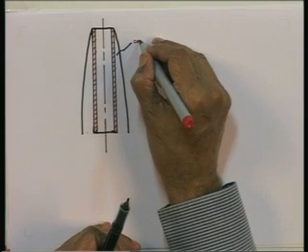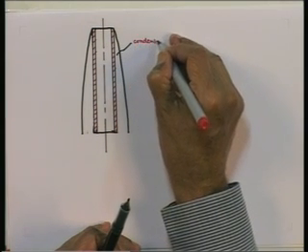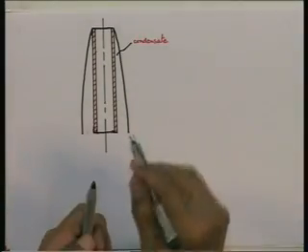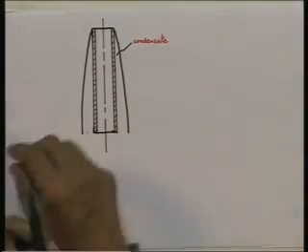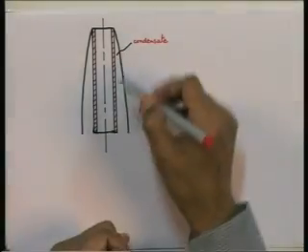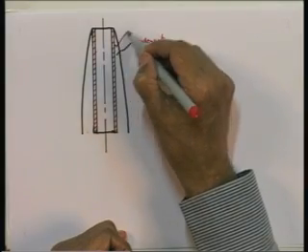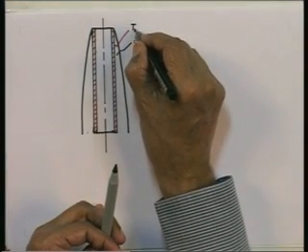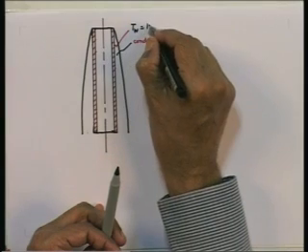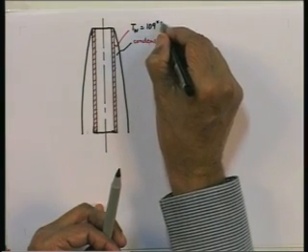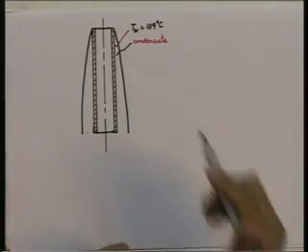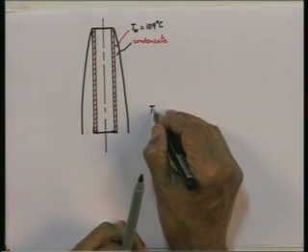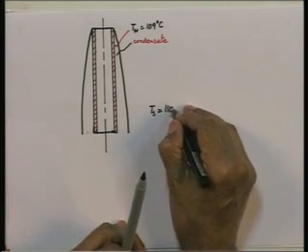Given T W is 109 degrees centigrade, then T S is equal to 110 degrees centigrade,